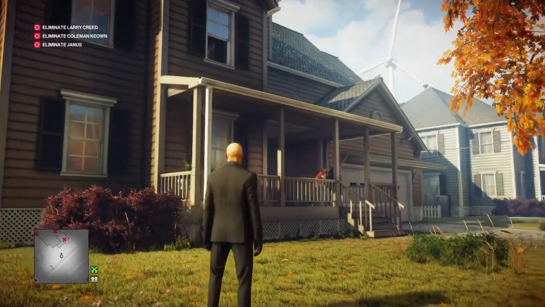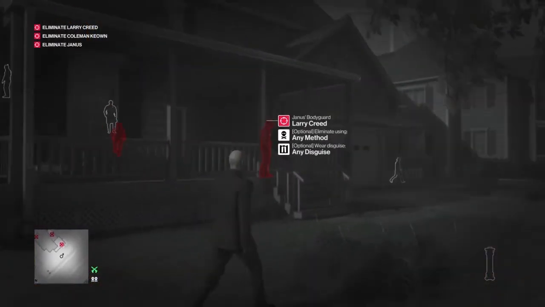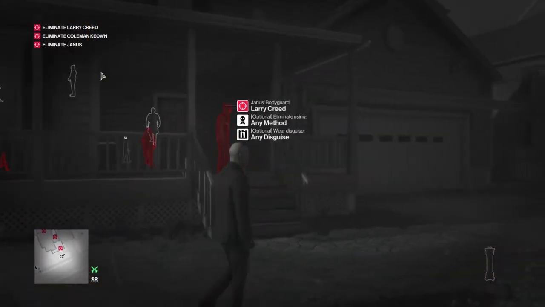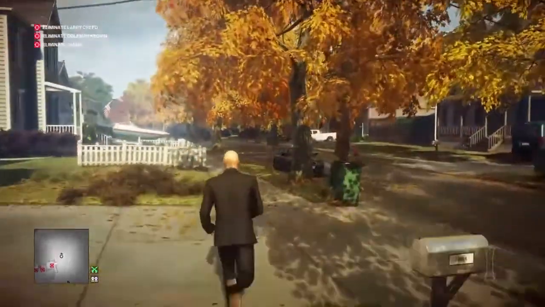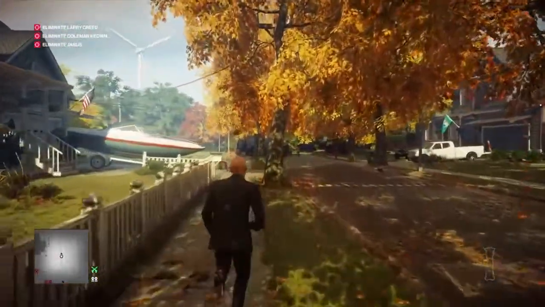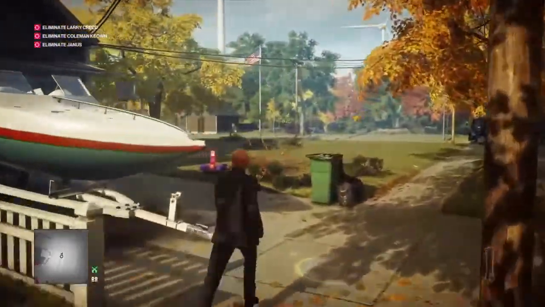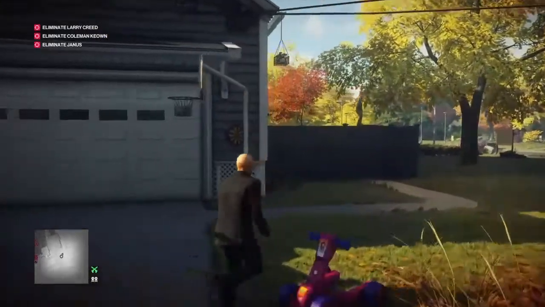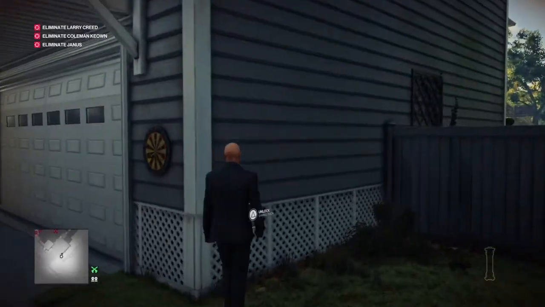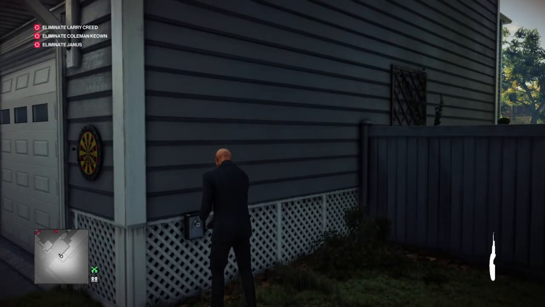Now, I ain't gonna lie to you, 50% of the time when you throw the phone up against the wall over there and it ricochets in front of the guard, he will ignore it. And you can either wait for him to go through his conversation with his friend and hope he finds the phone then, or just restart the mission. But for today, he managed to pick the phone up first time, so we can make our way to the